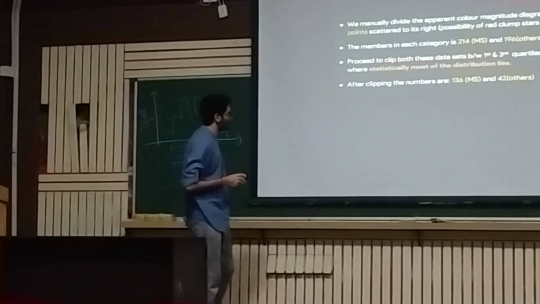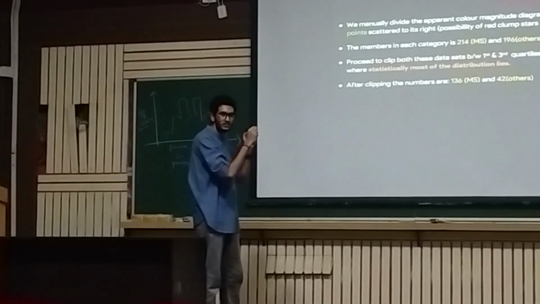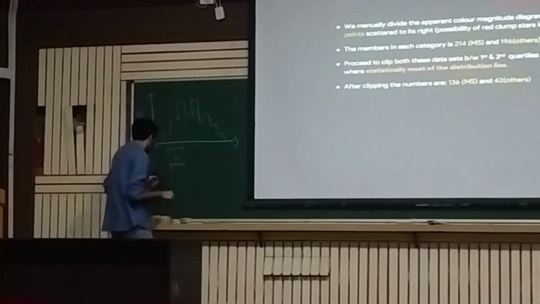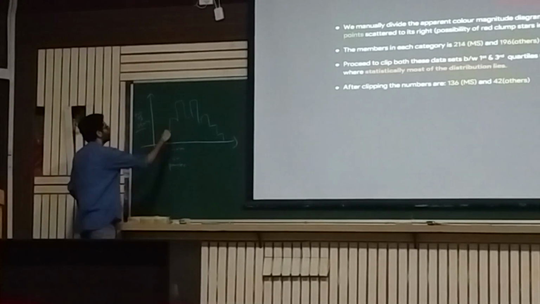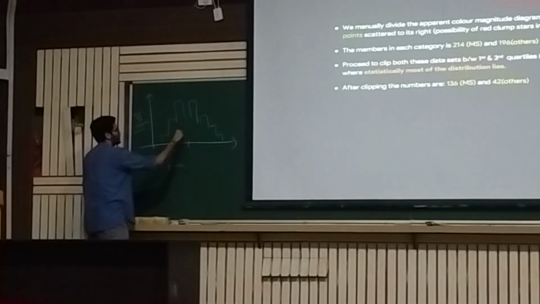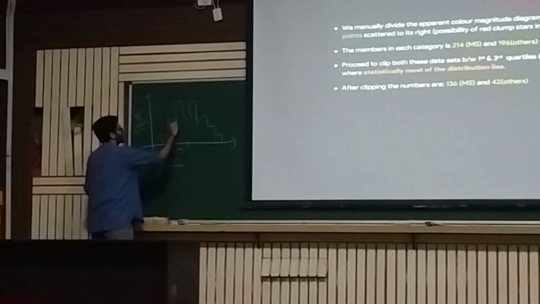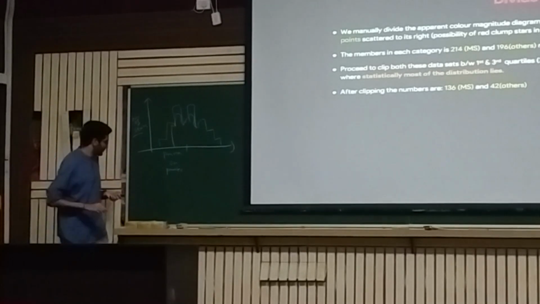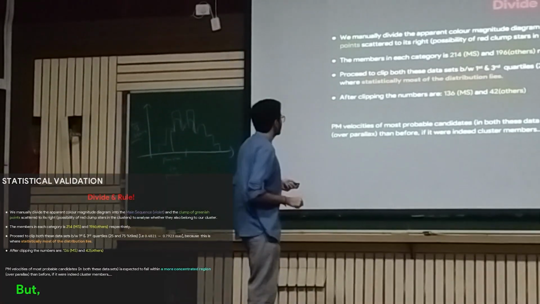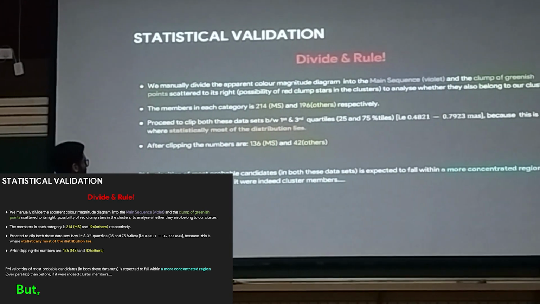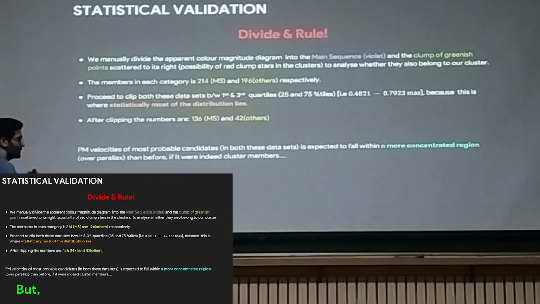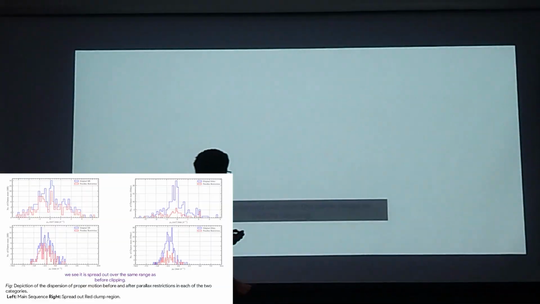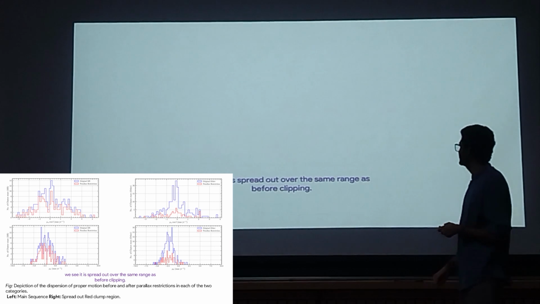So if it were really a cluster, remember all the cluster stars should have the same proper motion, which means if I clip the data set, the proper motion spread is expected to fall within a more concentrated region, like this. Let's see what happens. Yeah, PM velocities are expected to fall in a more concentrated region if they were really cluster members. But here is the funny part: we see it spread out over the same range as